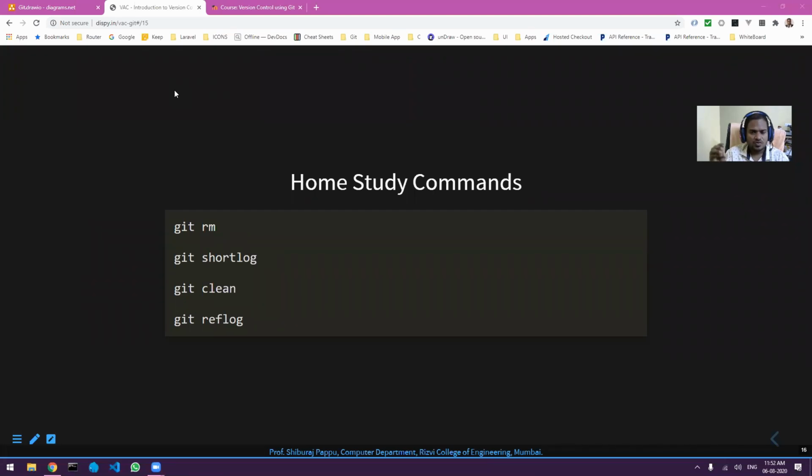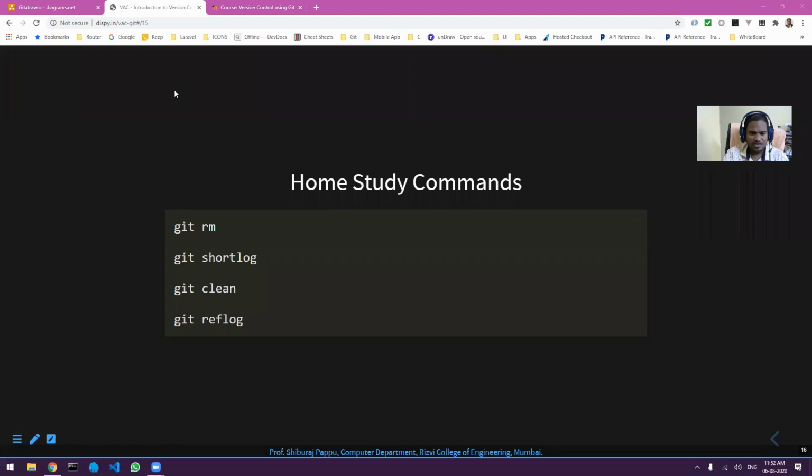Whatever changes you make after the git add will not be committed. It will be there but it will not be committed. So always remember that if you want git to store it, you have to put it inside staging and then put it inside commit. This is a three-step process. Basically you are working on the working directory, then you have to stage your changes.